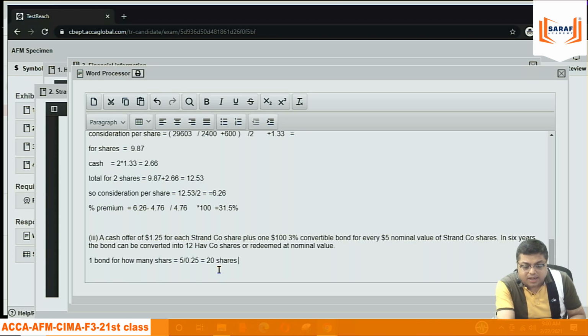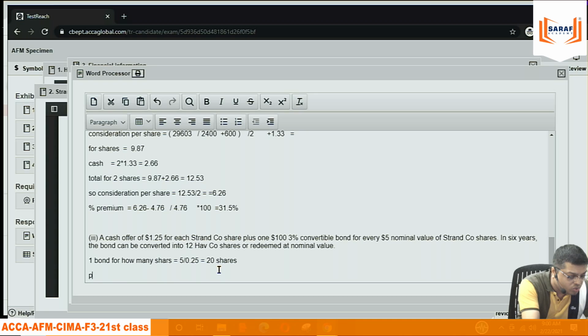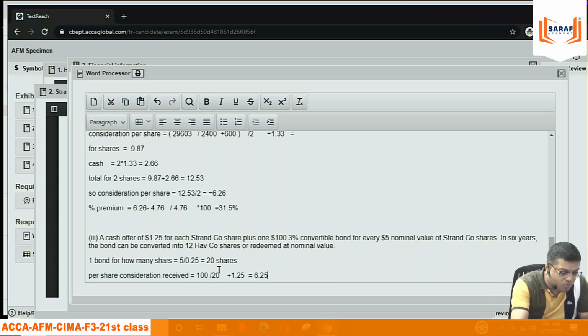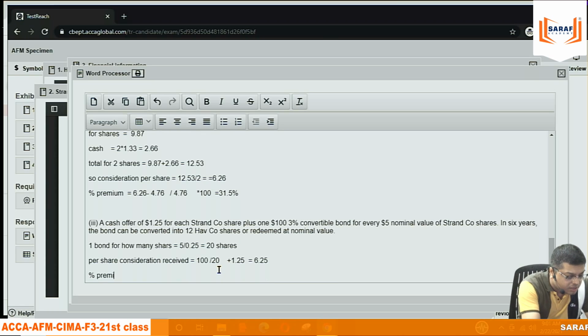Against 20 shares, we are getting a bond of $100. So, per share consideration received: 100 for 20 shares plus 1.25 cash. One bond of $100 for 20 shares. So 100 divided by 25 is in terms of bond, and 1.25 cash. That gives 6.25. So the percentage premium